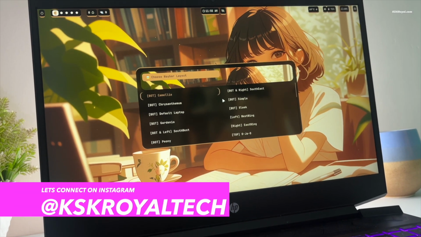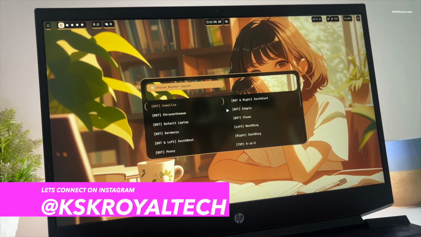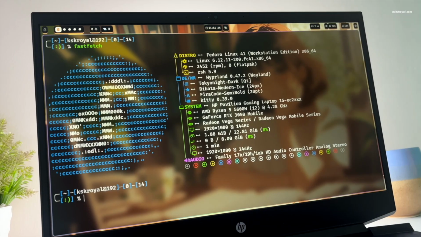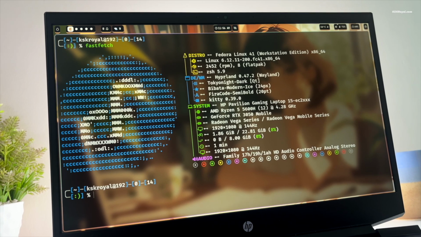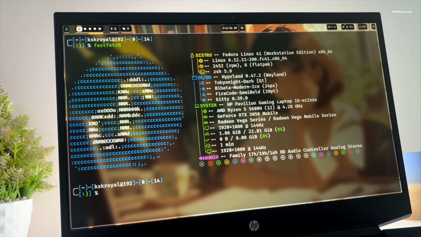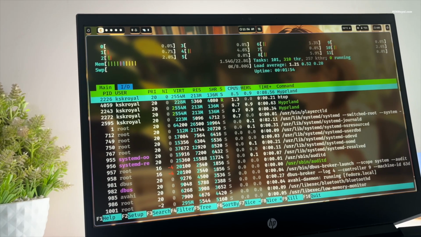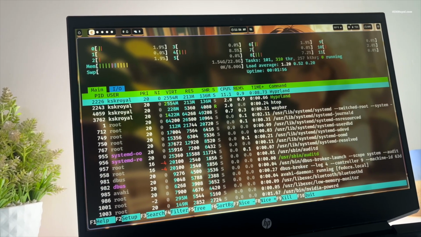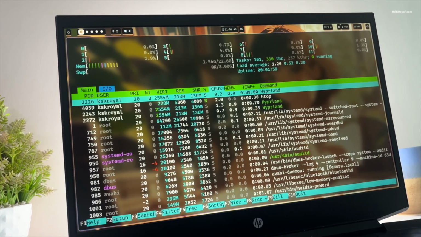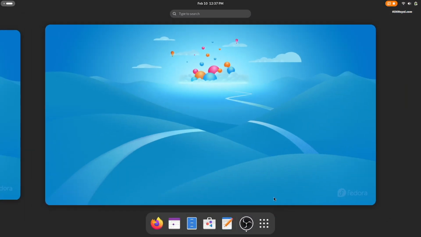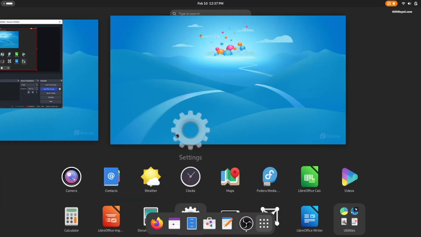In this video, I will show you how to make your Fedora look aesthetic with a HyprLand setup. This video shows how to install HyprLand on Fedora. Thanks to the GitHub developer for making this video possible, which automates the installation of HyprLand on Fedora in just a few minutes. First things first, make sure you have a fresh copy of the latest Fedora installed on